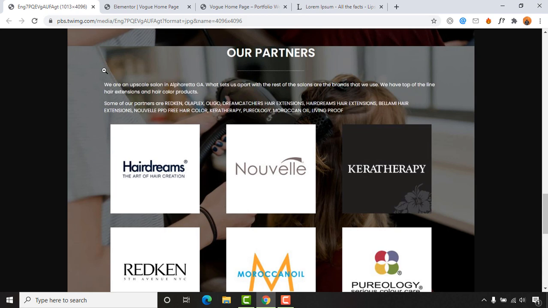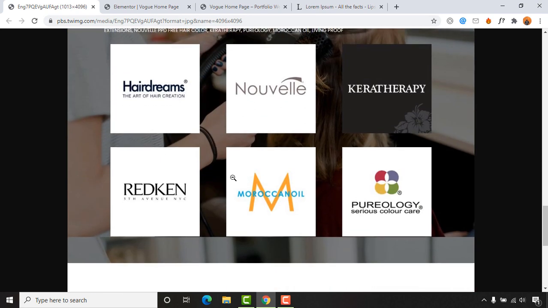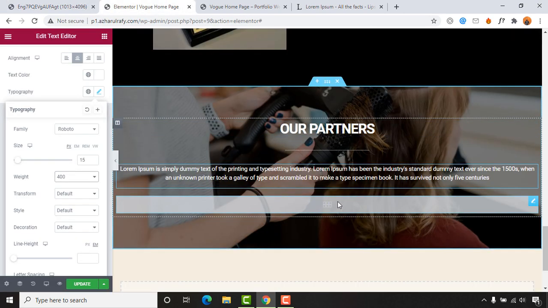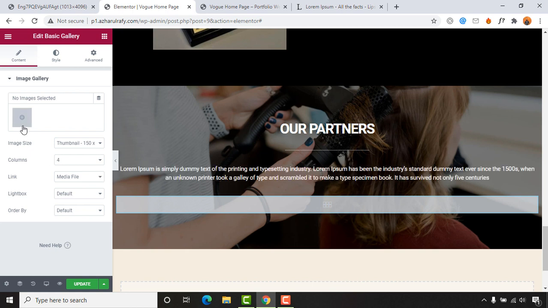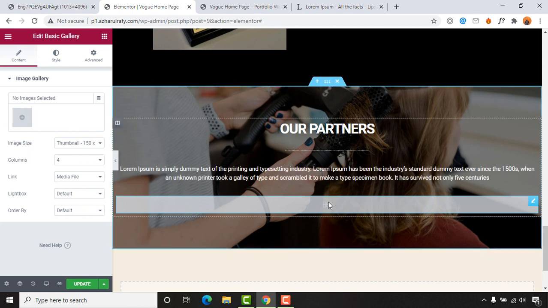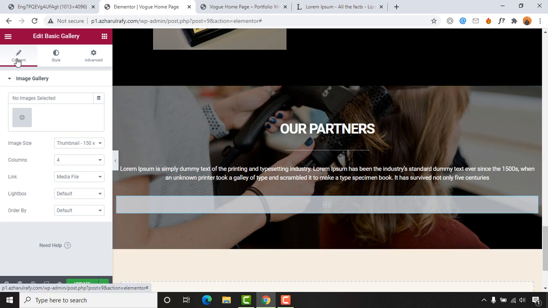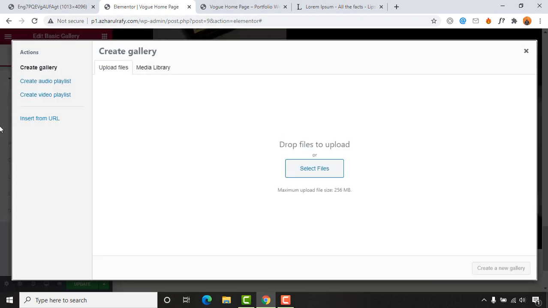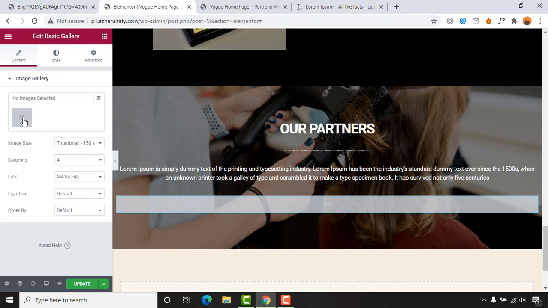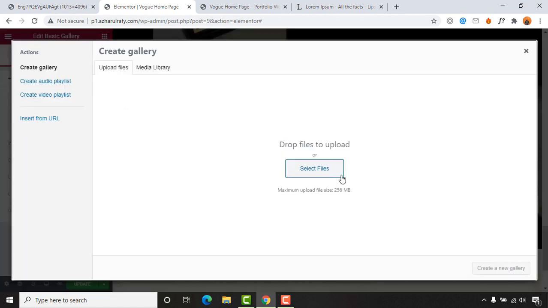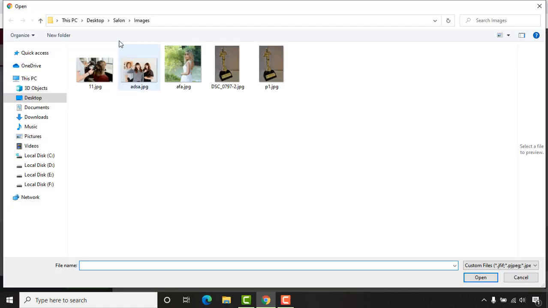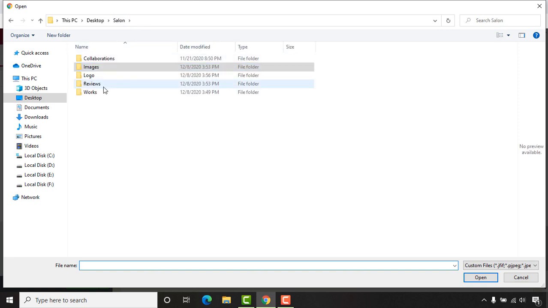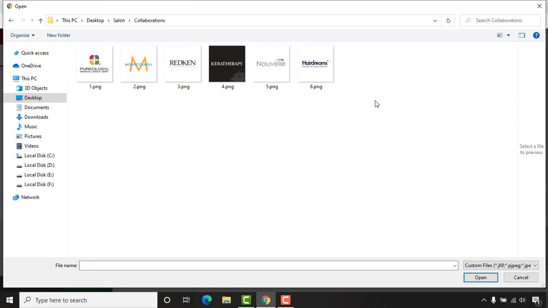Okay, so now let's go back here. We have got these images. So I already have these images in my computer, so you should have as well whenever you are working. So let's click on this image. As you can see, I have clicked here, and on content I am seeing this option to upload the image. So let's click on upload, and then select the files whatever you want. So let's click on Saloon or where your images have been placed. So I'm going to select all of them. So let's click on open,